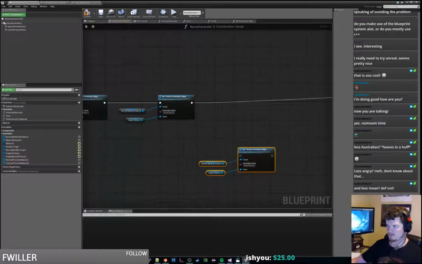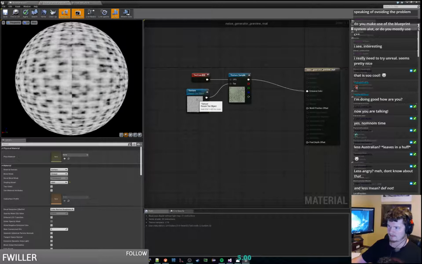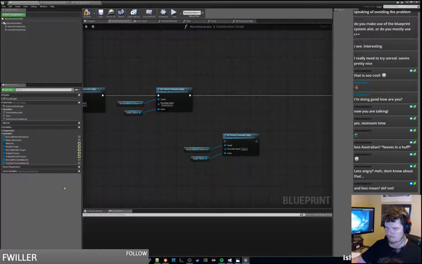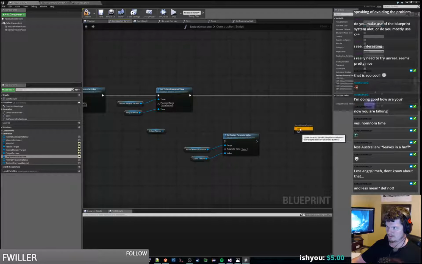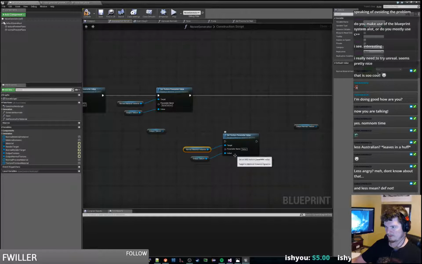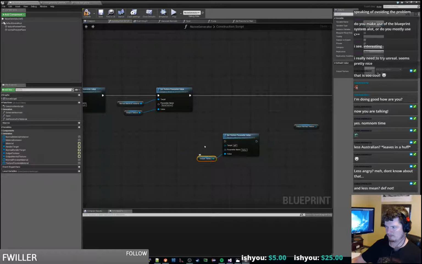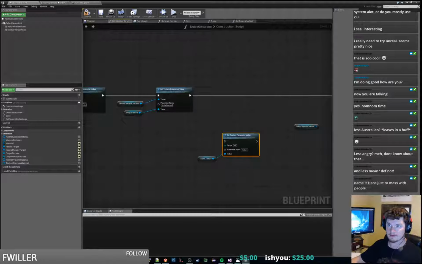Alright, so we're going to want to set our textures here. So this is, what did I name it? Did I name it something simple like, you know, texture? Yeah, that's what I named it. Alright, so I want to get the output texture and the output texture normal. So for this guy,